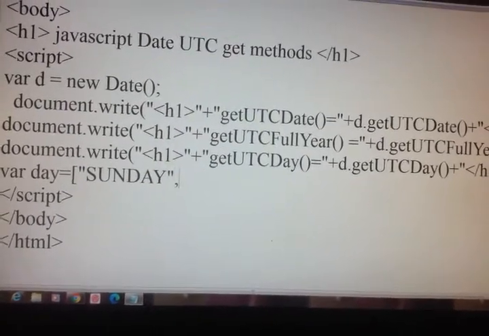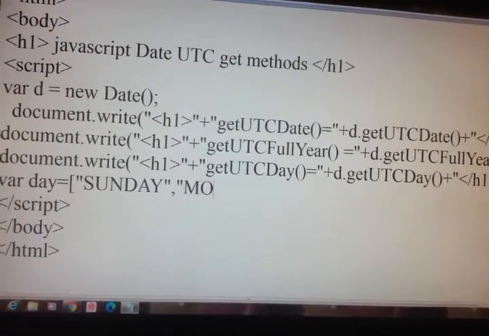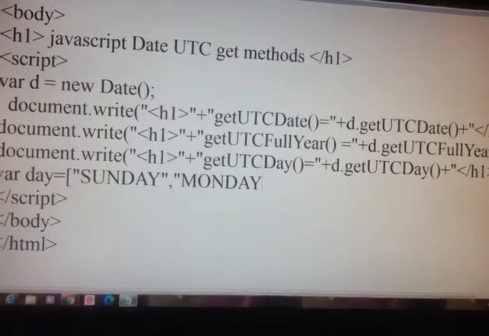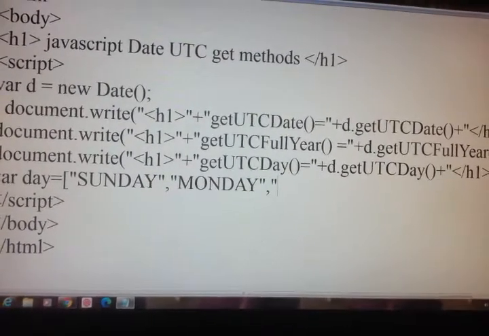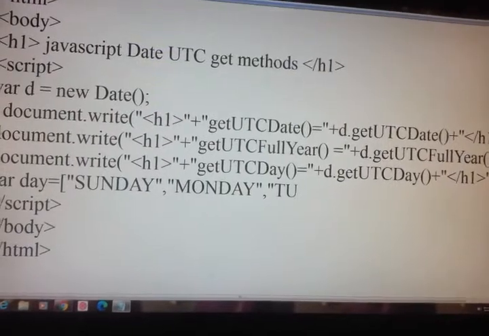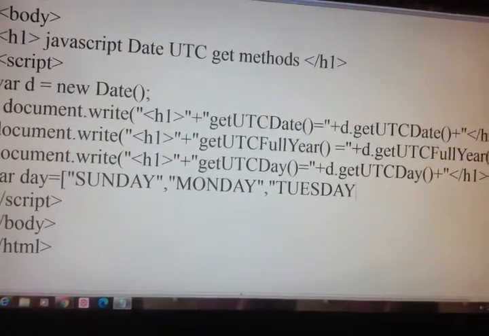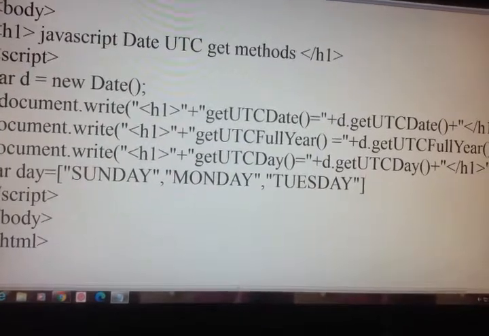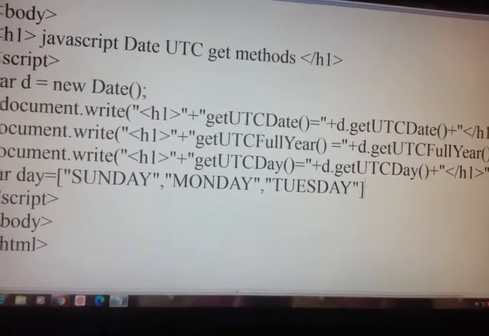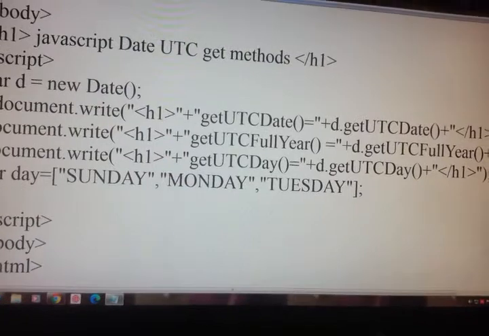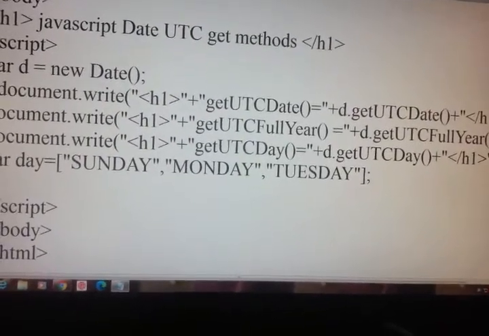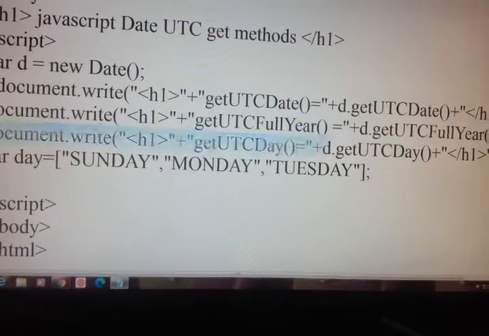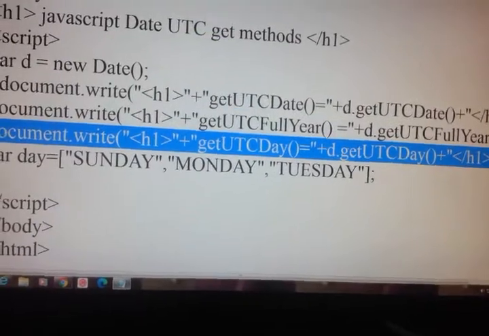Sunday, Monday, here Sunday is for 0. So I just take only 3 elements in an array, and then I'll use this particular code.